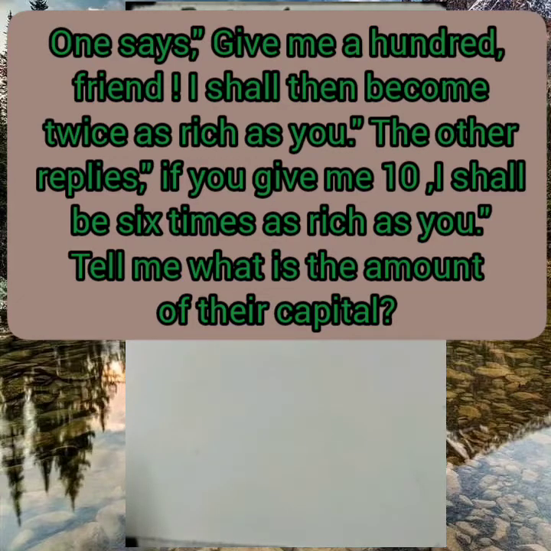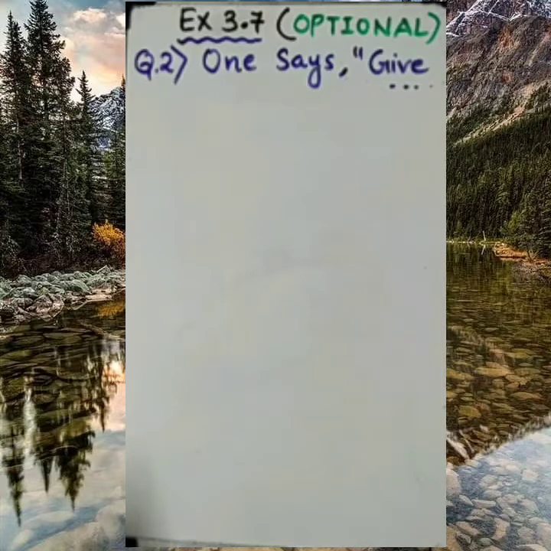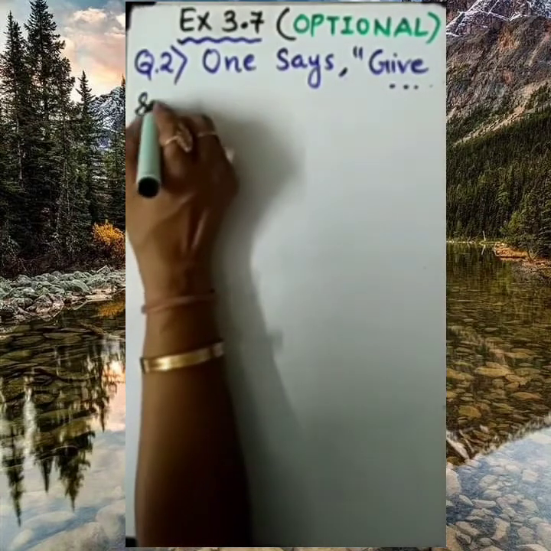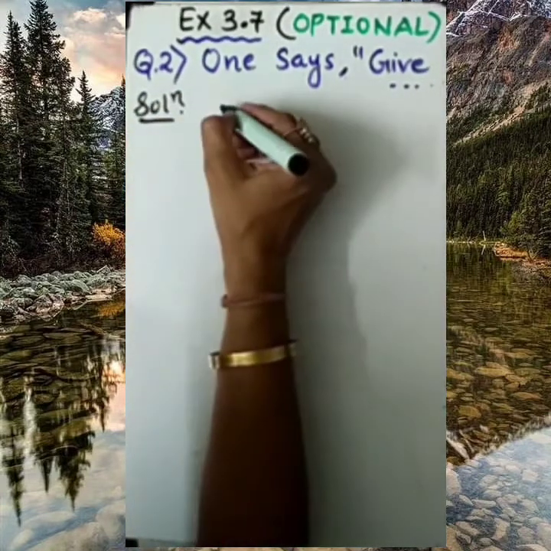Now here, dear student, what we are given is the conversation of two people. Two friends are given, but we do not know the names of the friends, so for our convenience, can we call them A and B? Because after considering something for them, we will be able to write how much amount is with A and how much amount is with B. That's why let's begin the question. Let's start the solution.